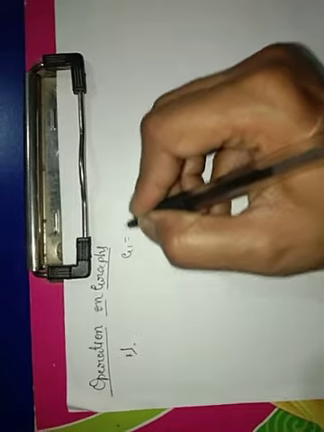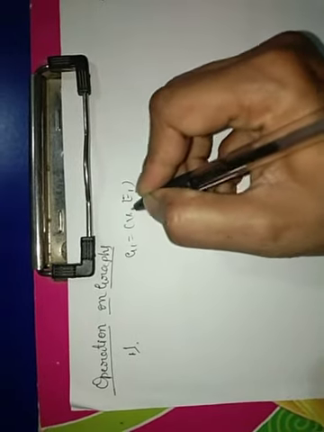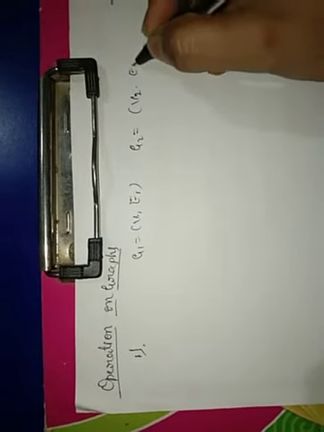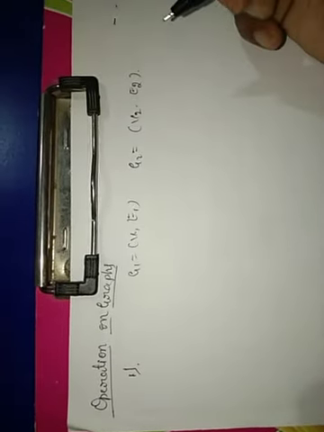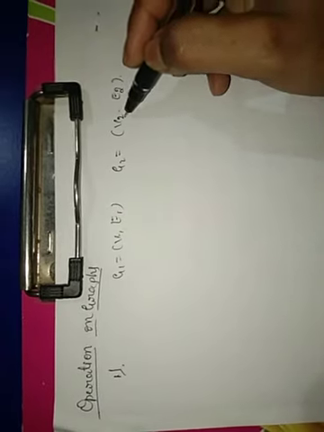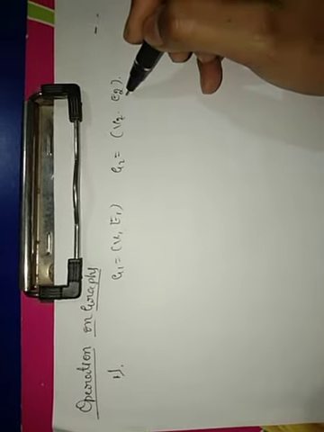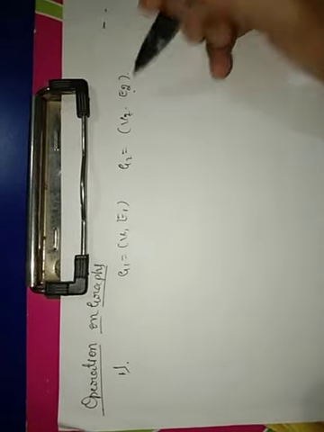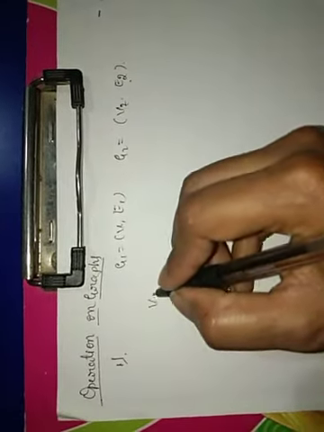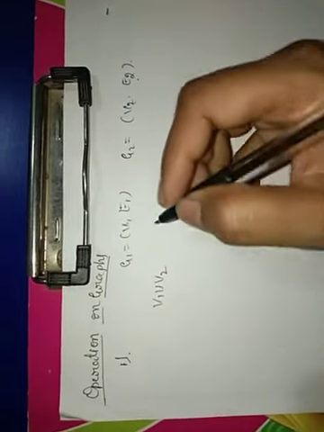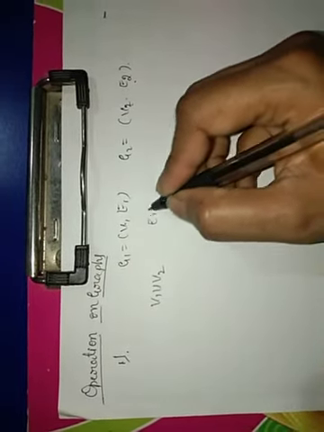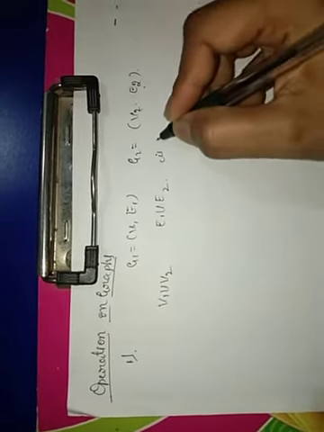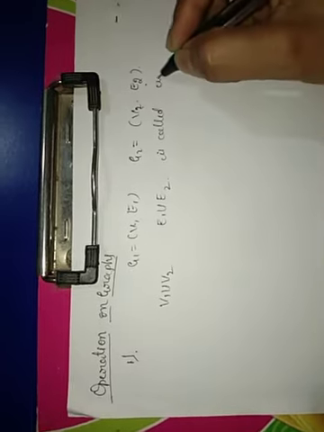Suppose we have two graphs G1 and G2. G1 has a vertex set V1 and the edge set E1. G2 has the vertex set V2 and the edge set E2. Suppose the union of the graph whose vertex set is V1 union V2 and the edge set is E1 union E2 is called the union of